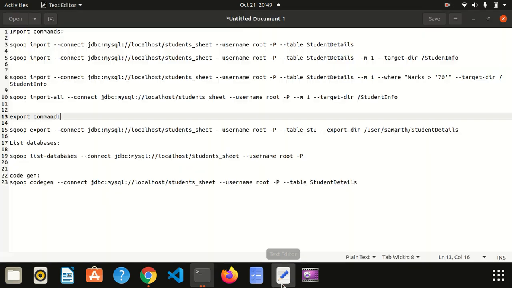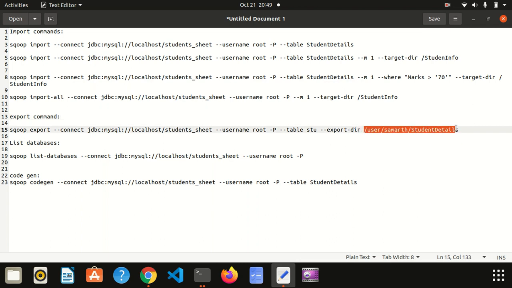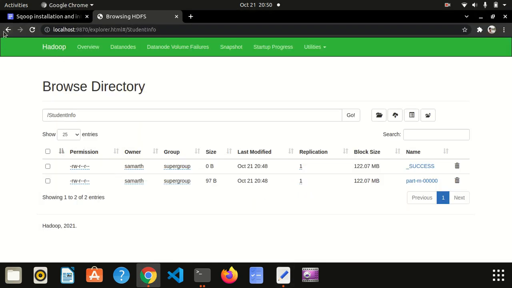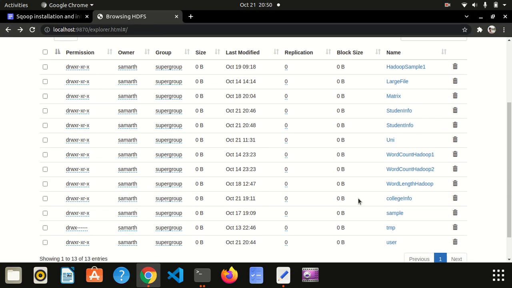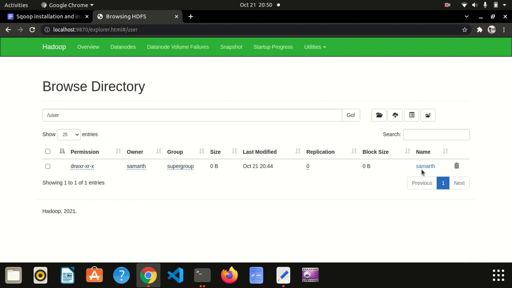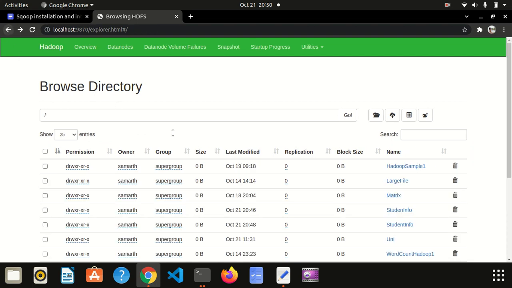Now I will be using this export command. So I'm exporting. The export directory is user, Samarth and student details. You can see that this directory is already present here: user, Samarth and student details. This I will be exporting to my database.